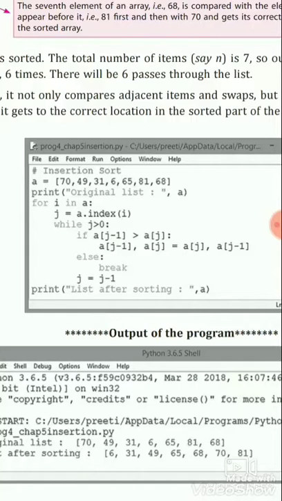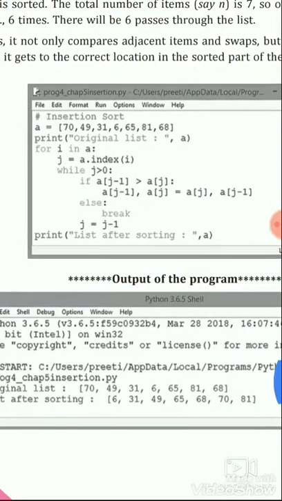So if A[j-1] is greater than A[j], then A[j-1] and A[j] are swapped, else it breaks, and j equal to j minus 1. Then we will print the list after sorting, so we get the sorted list.